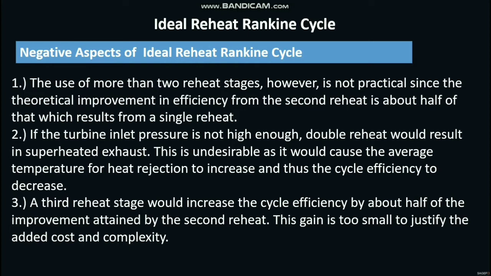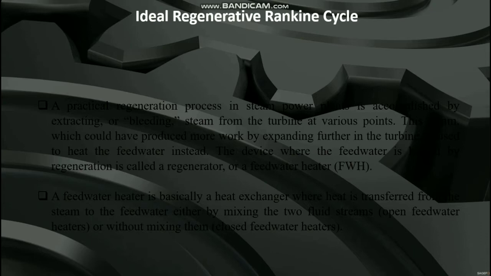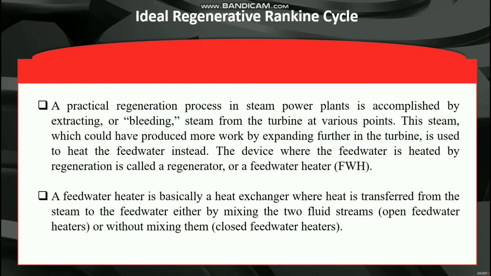Now let's go to the ideal regenerative Rankine cycle. In a practical regeneration process in steam power plants, it is accomplished by extracting or bleeding steam from the turbine at various points. This steam, which could have produced more work by expanding further in the turbine, is used to heat the feed water instead. The device where the feed water is heated by regeneration is called a regenerator or a feed water